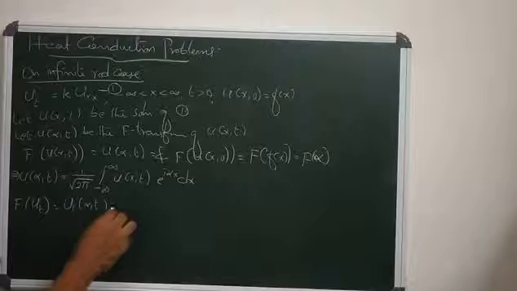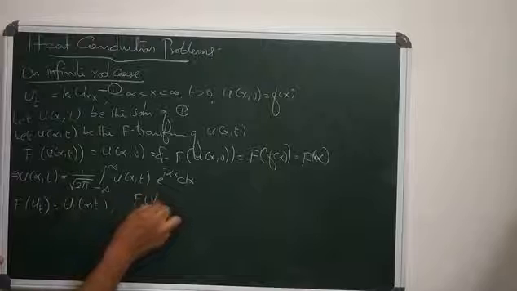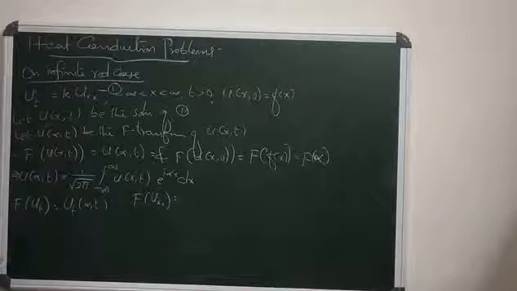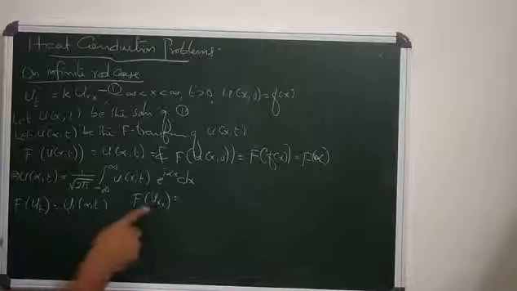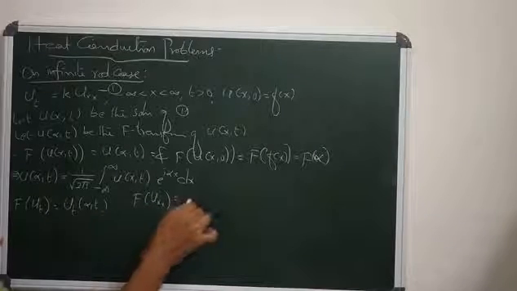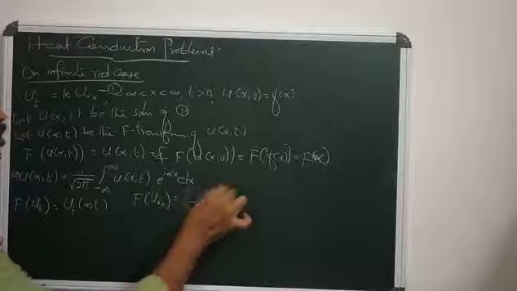Agreed. Now, what is F of u x x? We know that if f and f dash are integrable functions, then F of f dash of x equals minus i alpha into F of f of x. So for the second derivative, it is minus i alpha whole square into